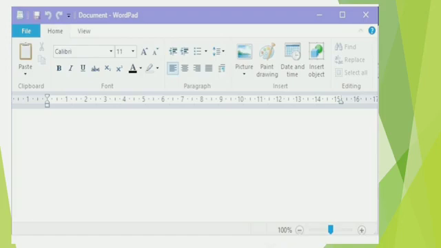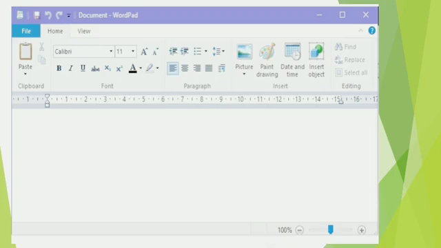See students, if you want to increase your text, then you have to click on this A, after which one small arrow is there. You can see, which goes upward, right? So if you want to increase your text, then you have to click on this A, and if you want to decrease your text, then next to this A, one small A is there, right? After that small A, one small arrow is there which is coming down. So if you click on that A, then your text will be decreased.